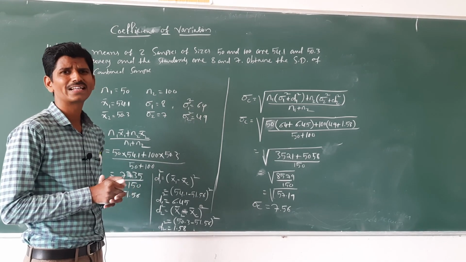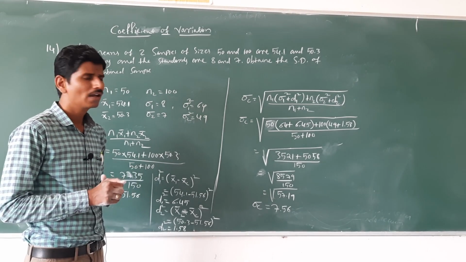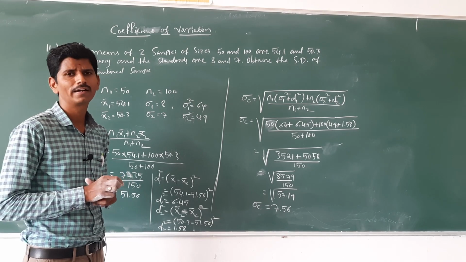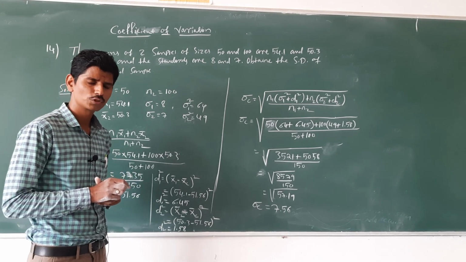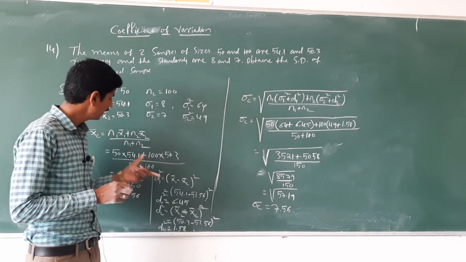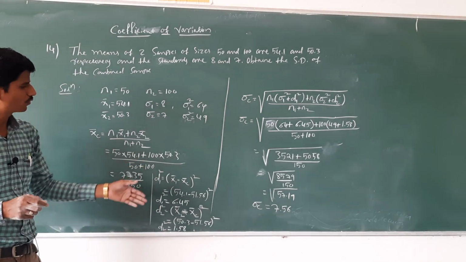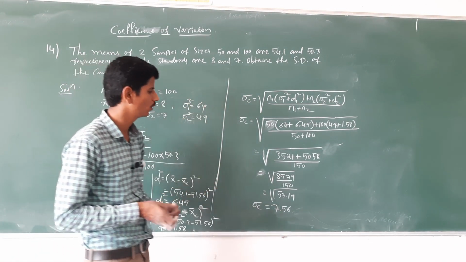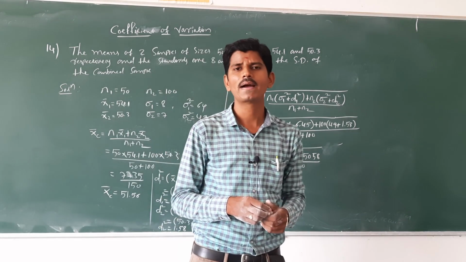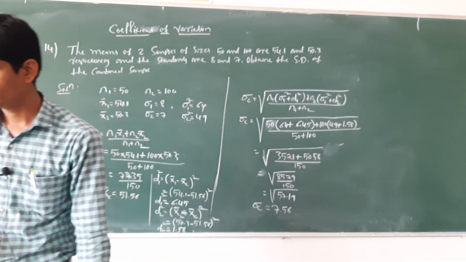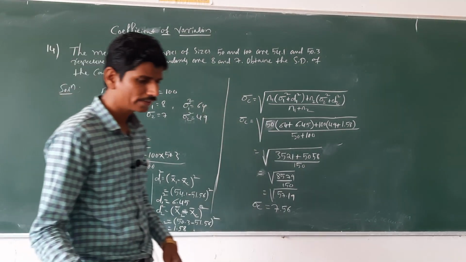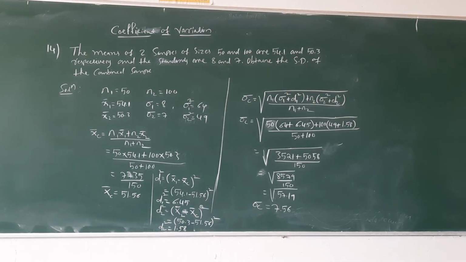Here you want x bar c. What is x bar c? X bar c is the combined arithmetic mean. Then how to calculate x bar c? That is n1 x1 bar plus n2 x2 bar divided by n1 plus n2. Then substitute the values, and you will get sigma c equal to 7.56, that is the combined standard deviation. Okay, that is the 14th problem. The next, 15th problem is,